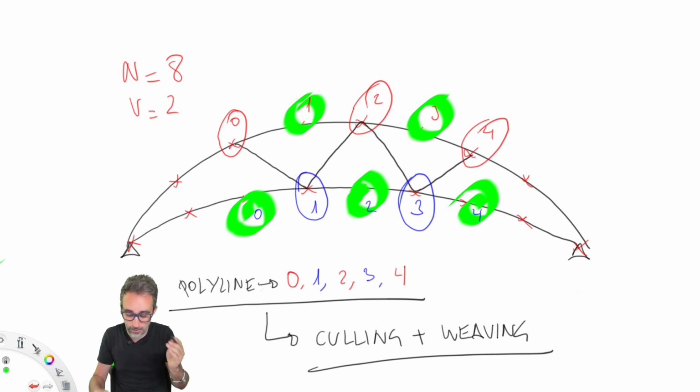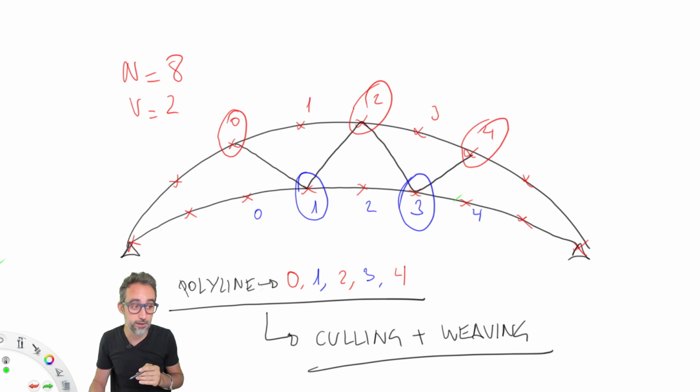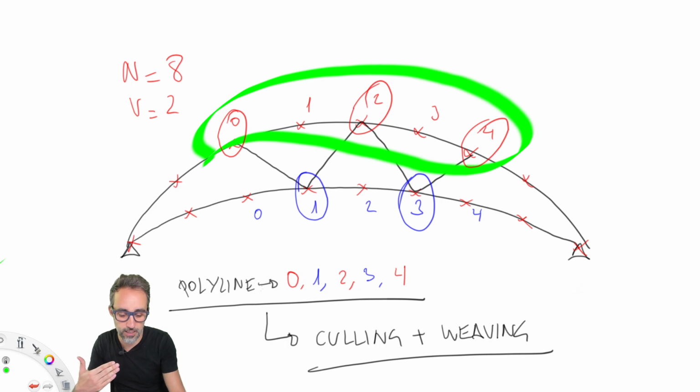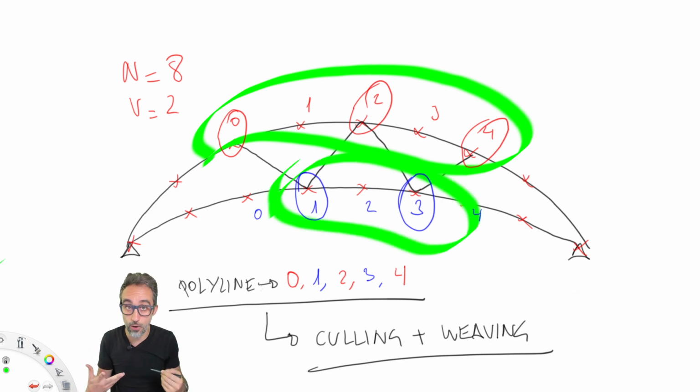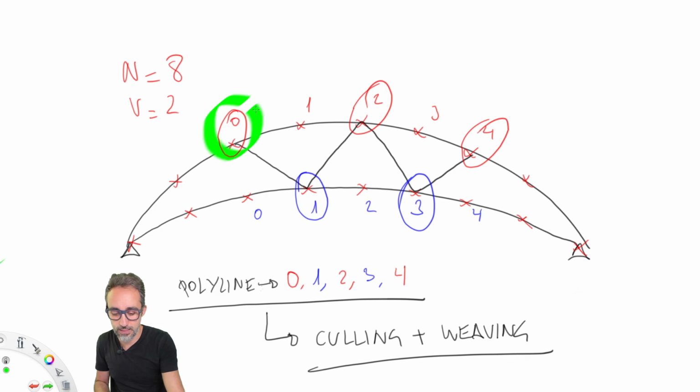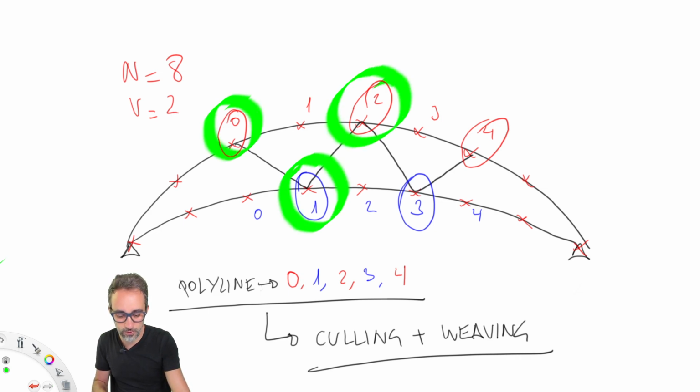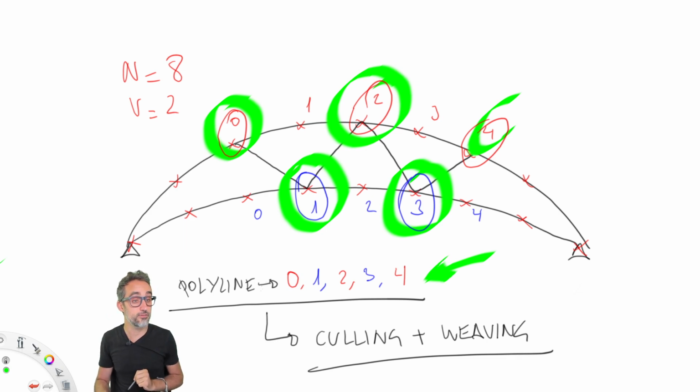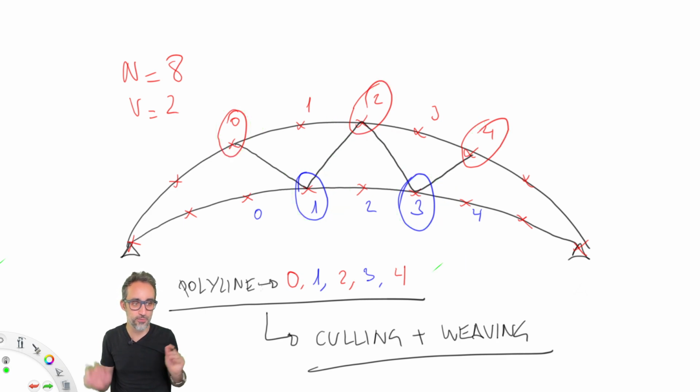So cherry picking, how to remove elements with a pattern, and then weaving, which will be creating a list that instead of having all these elements and then all these elements afterwards, which is what we know how to do now, we'll have this element weaved with this second one, weaved with this third one, fourth one, in this particular arrangement that I have defined here. Are you excited and ready to do this? I think it's about time that we give it a try. Let's take a look at how to do this in Grasshopper.